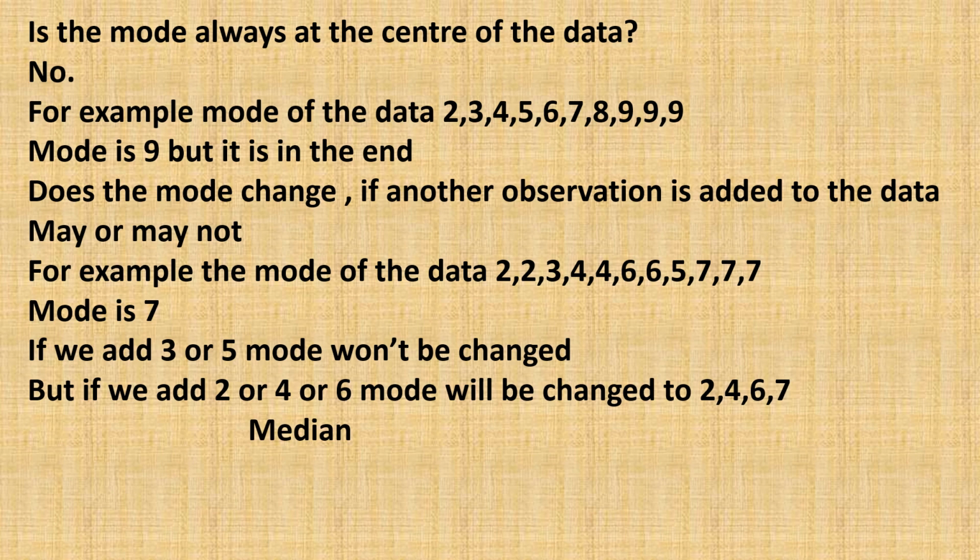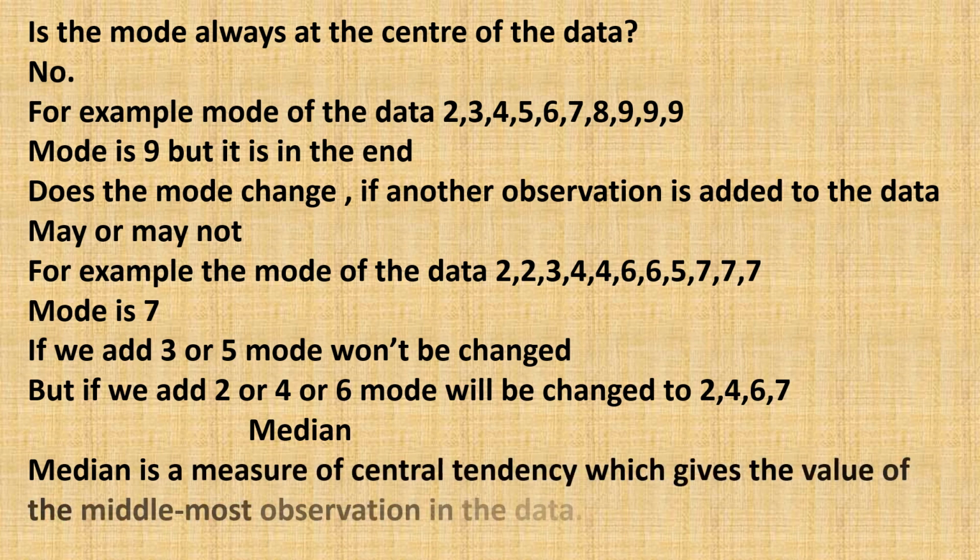The next central tendency measure, a very important one, is the median. Median is nothing but the middlemost value of the data. If there are 5 students on the bench, the middle student will be the median. That's the simple way. So the middlemost observation is called the median. We'll go with some examples of the median.